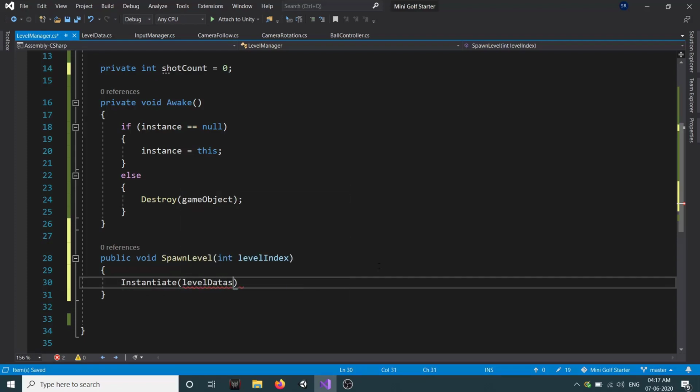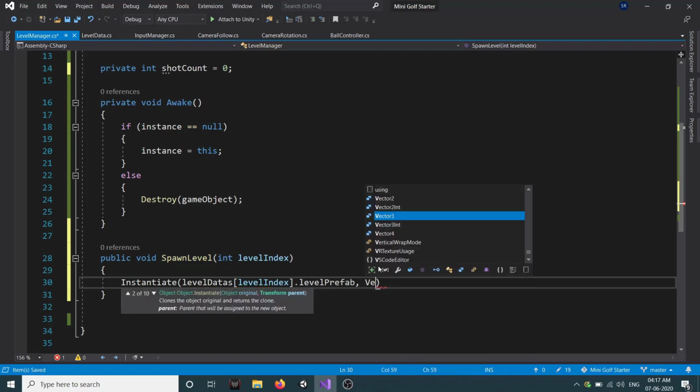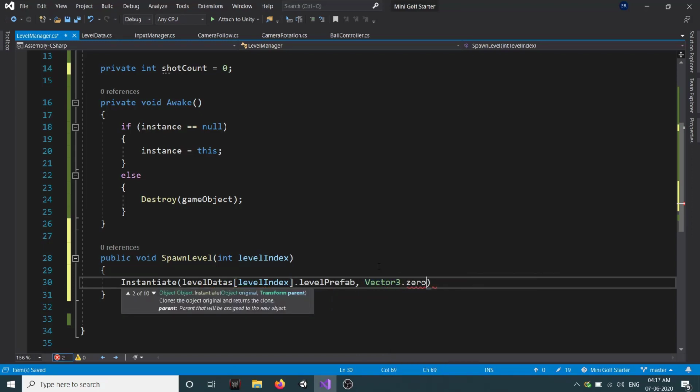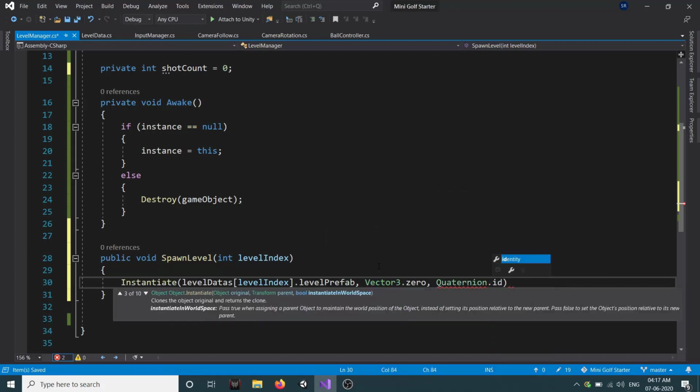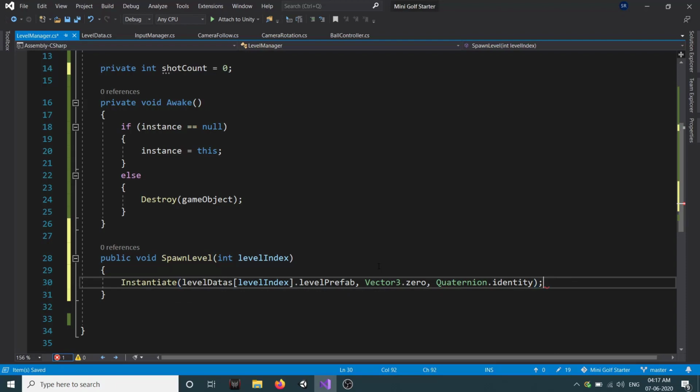So we'll call instantiate level data, will pass the index and we will get the level prefab of that index. Then the position will be vector3.0 and rotation will be quaternion dot identity. That means whatever the rotation that level prefab has, it will maintain it.